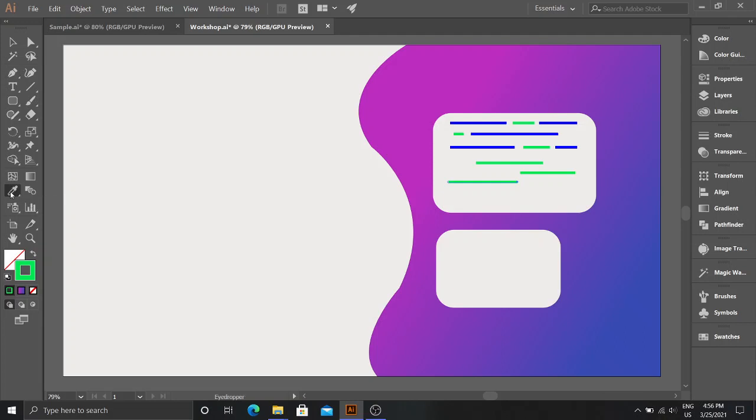You can use it to change the color of any object using the color of any previous object. Like, come here and click on this blue line and you can get the blue color right here.